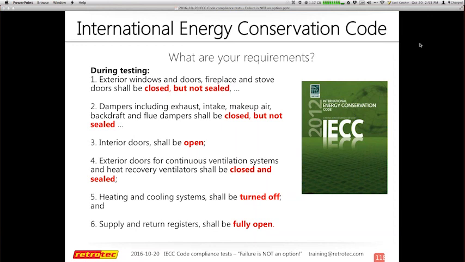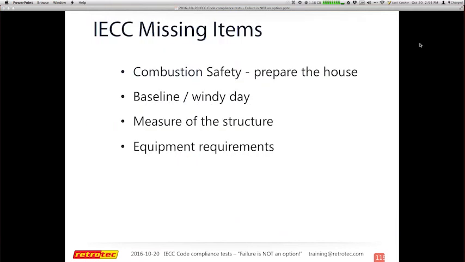So we have no combustion safety, how to prepare the house. Even though it's a new house, these conditions could be in there. There's no baseline or things about the windy day or technically how to measure the structure, equipment requirements. So many of these things have been handled by 2015. I do know that New York did a good job of accommodating some of these, including how to measure the